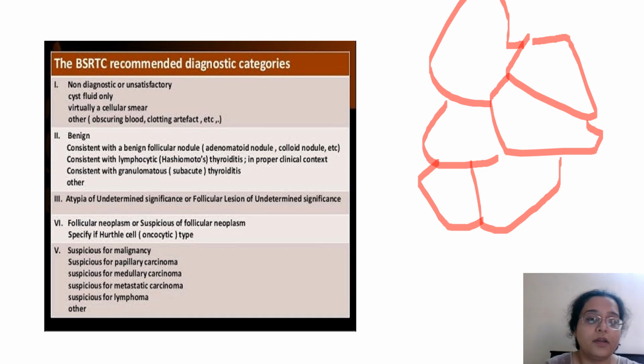Okay. Then the third category is atypia of undetermined significance, or follicular lesions of undetermined significance, where you are not very sure that this is properly benign. The benign features are there of colloid, uniform nuclei, no mitosis, no necrosis, it may be inflammatory background, or there's some degree of hyperplasia. You're seeing too many follicles, but you know there's some colloid in the background. The nuclear changes are not very marked, and then you are somewhere in the middle.